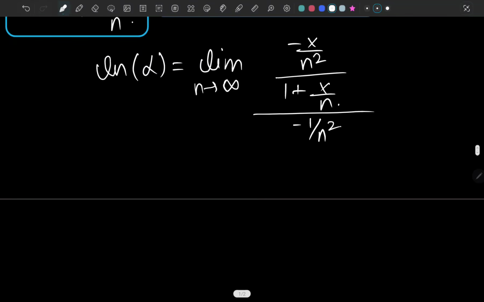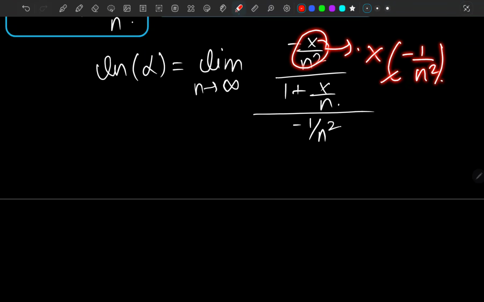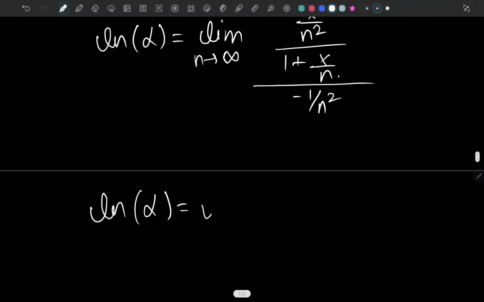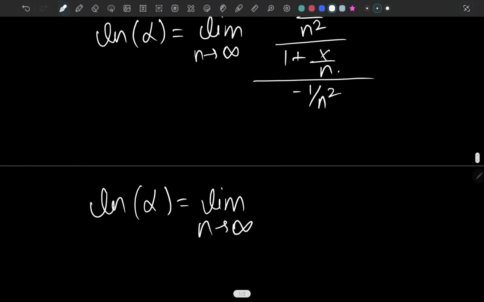Okay, now if we simplify this, we can write this as x times negative 1 over n squared, and this negative 1 over n squared cancels out with the denominator. So we're going to have ln of L equals limit n tends to infinity of